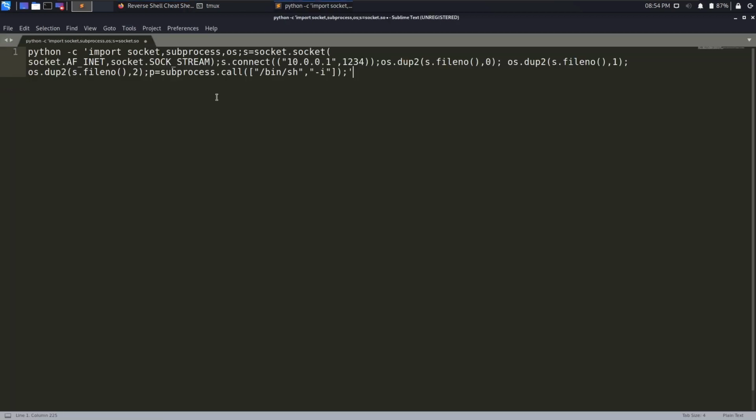And we can open Sublime. Usually I would choose any text editor, because before I paste this into the terminal or any kind of process, I'll just paste it in my Sublime Text or Nano or Vim. So we do need to give it some information like our IP address and the port. I'll just give it 10.10.14.15. Let 1234 be the port, and as it is running Python, we don't need to do much. I'll just copy it,